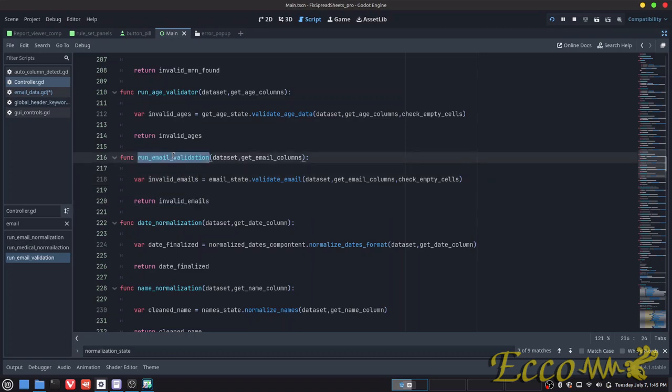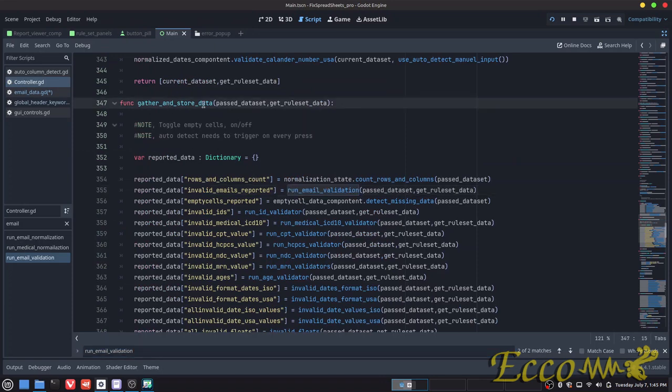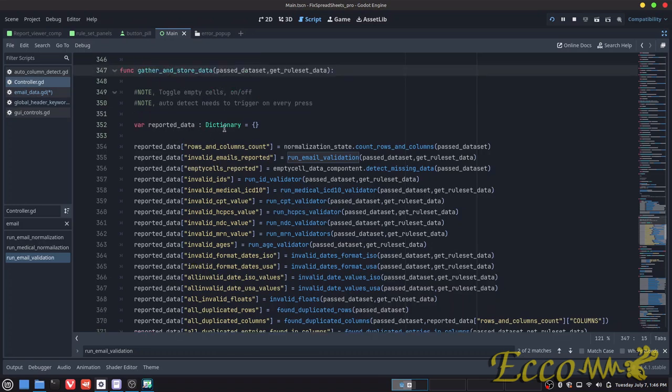So if we go to here to run this, as you can see here, in gather and store data, I have down here a dictionary, and this here is creating keys. So here, report data, and I created a key for it. Invalid emails, report it, and then it's grabbing the data from the run email validation. And here, past data set is just the data that's been normalized. And then get rule set is the column that it's currently occupying. So maybe this is column 1, 2, 3, 4, whatever those columns are, it's grabbing those